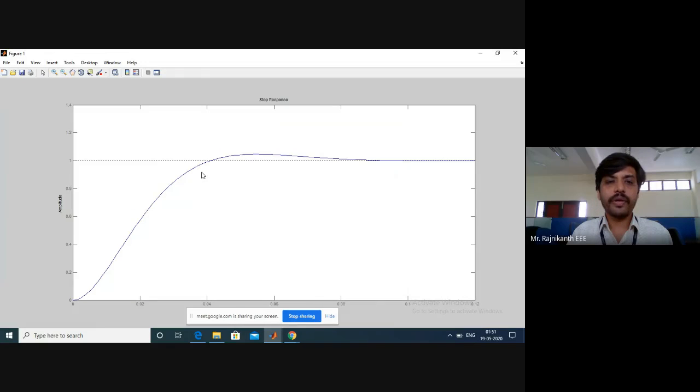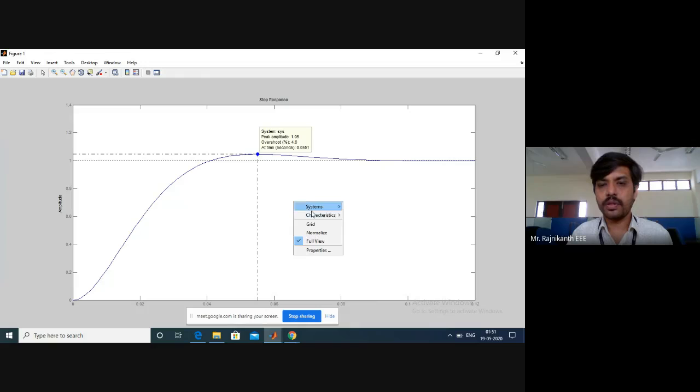See, by looking at the graph, you can say that when you increase the zeta value, the peak overshoot reduces. So you can measure all values again. Right click, go to characteristics, peak response. You can see how much, is it not?